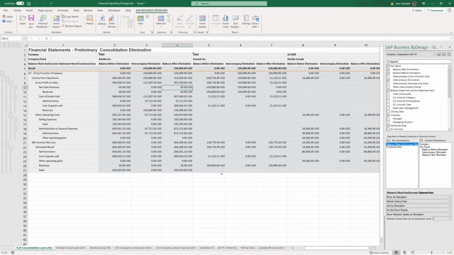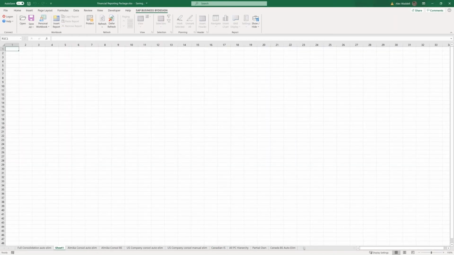So if you do have a bunch of different reports, just like Excel, you can have an unlimited number of tabs. And each of those tabs could contain a report or multiple reports if you like. So in this case, I have elimination reports, I have balance sheets, I have income statements, I have my Canadian and my US financials. I have different kinds of hierarchy reports. But before we come back and kind of run through those, let's just start the way you'd probably be starting, which is with a brand new